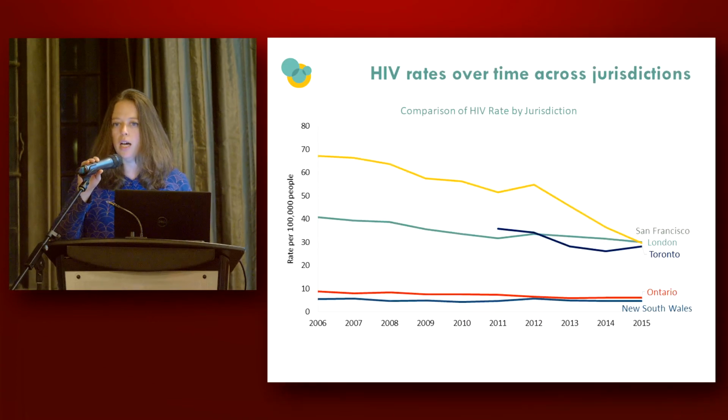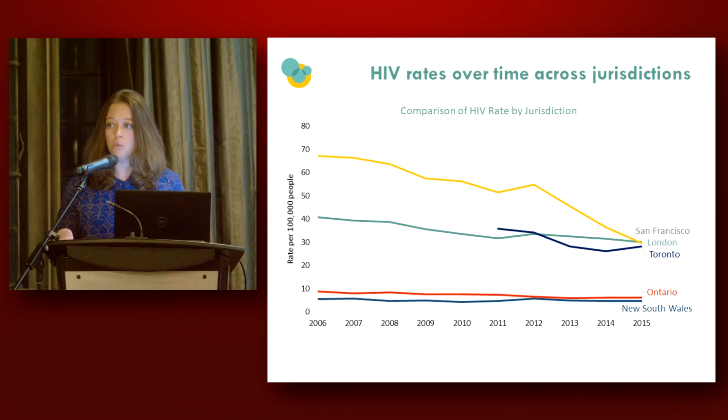I can talk a lot about why we should not compare data across jurisdictions. Even in Canada, every province does things slightly differently. All definitions are slightly different. Our definition of new diagnoses in Ontario, where it includes people who are diagnosed elsewhere, obviously has some problems with it. That may not be true in other places. Epidemics are different in different places, so it's hard to compare to say what's going on in one place compared to another. So after saying that, now I'm going to show you a chart comparing jurisdictions.